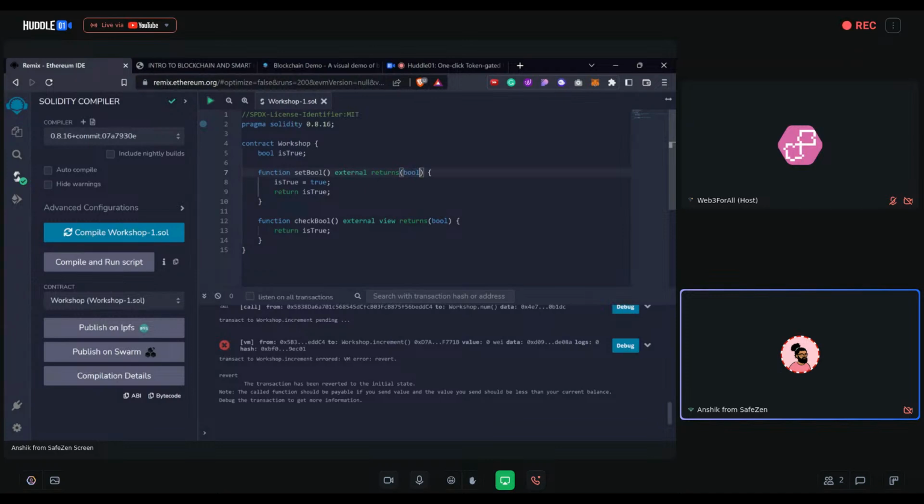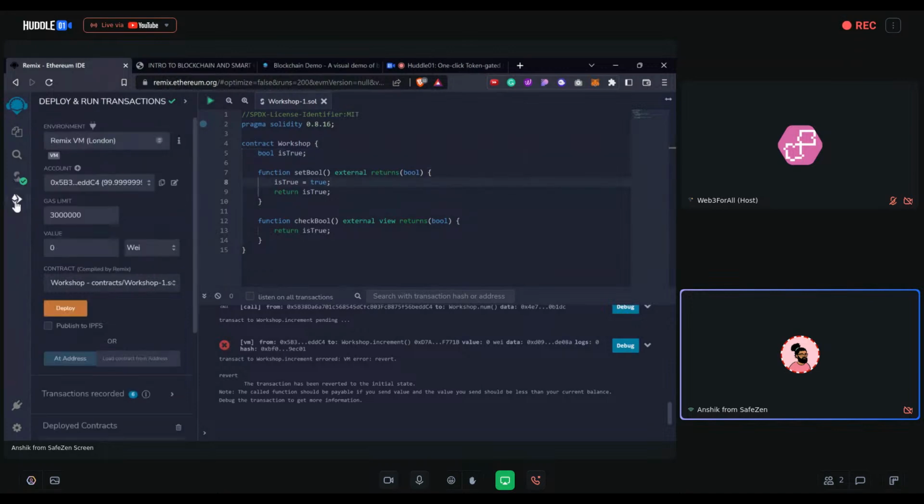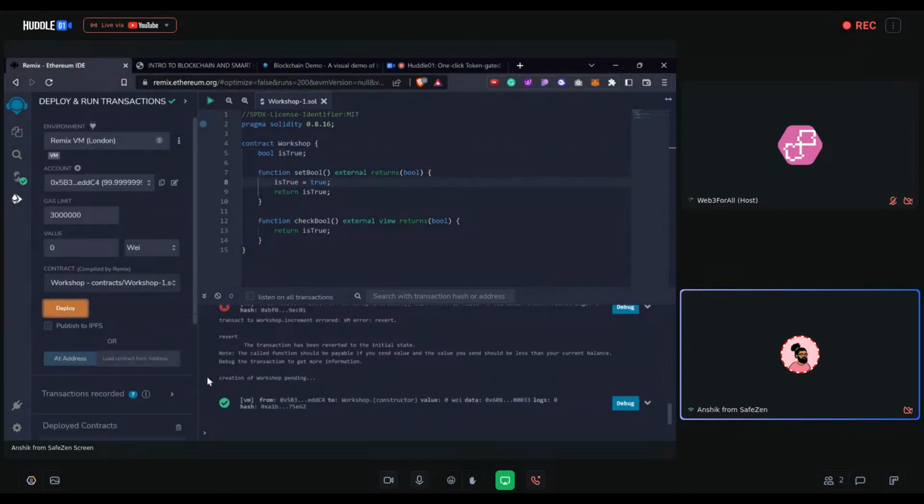And what it is doing is setting the value of the bool isTrue to be true and returning it. The other function checks the value of the bool, and it returns what the value of that is. Here we haven't defined whether it is public or private, so by default it is private. So if I go here and deploy it,